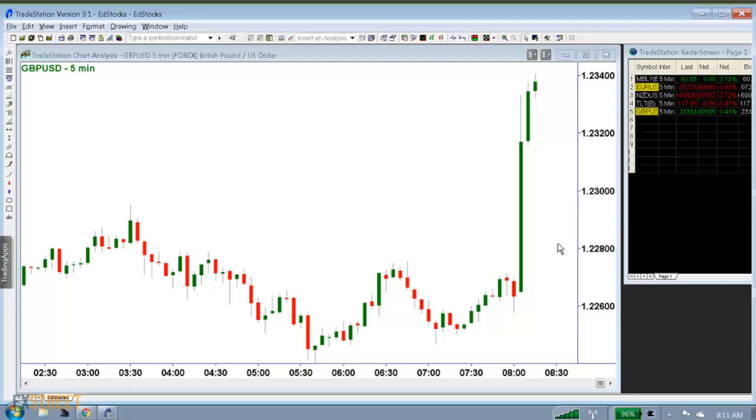But the Monetary Policy Committee has 9 people, right? Okay, are you ready for this? We thought all 9 people were going to say, keep rates as they are. Only 8 of them did that. One person said, raise rates. We have a hawk on the Monetary Policy Committee. And that's why the pound just jumped about 70, 80 pips.